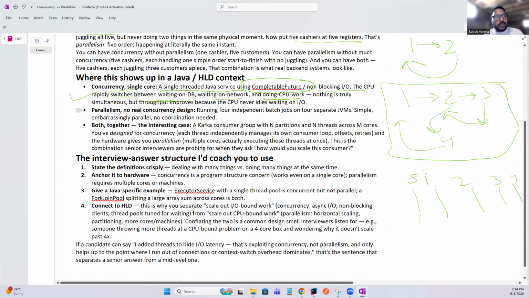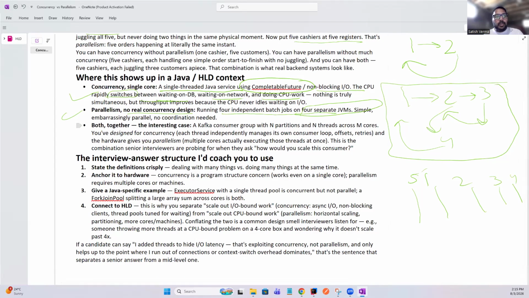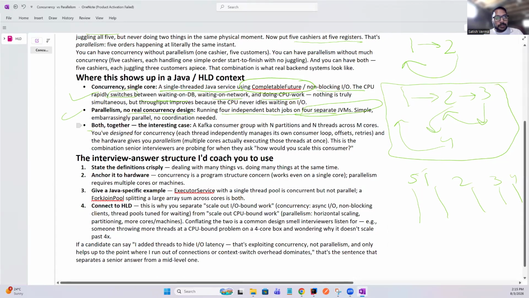So this is a kind of concurrency. Parallelism, no real concurrency design: running four independent batch jobs in four separate JVMs. Okay, this is parallelism. Four separate JVMs. Now, the interesting area: a Kafka consumer group and partitions